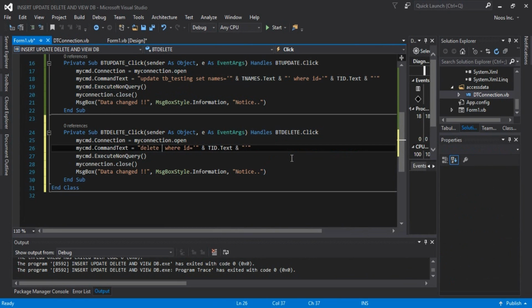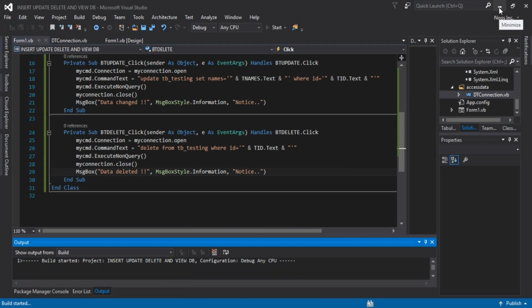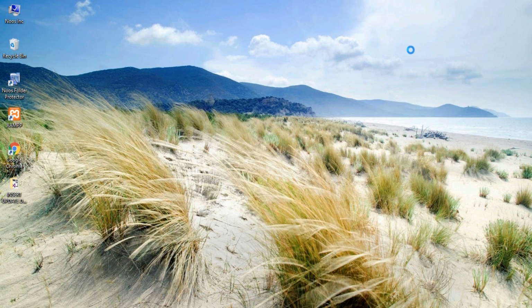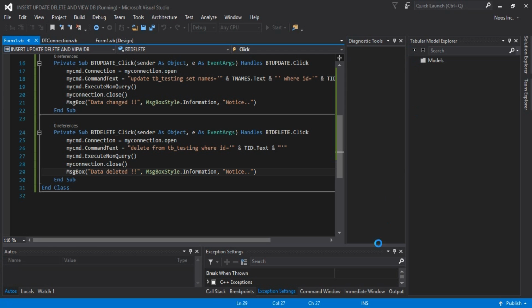Delete from DB testing where ID. Okay, this is the statement. Delete from DB testing where ID equal to the ID.text. And for the message box we must also change it to deleted like this. I'm trying to run my program again guys. I'm sorry,